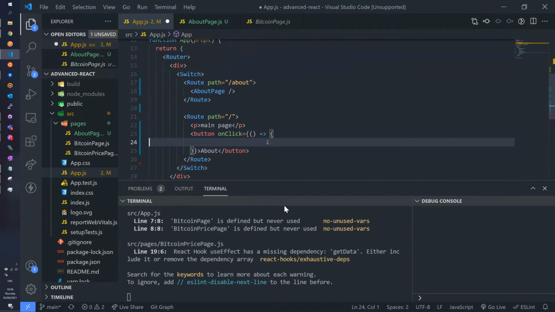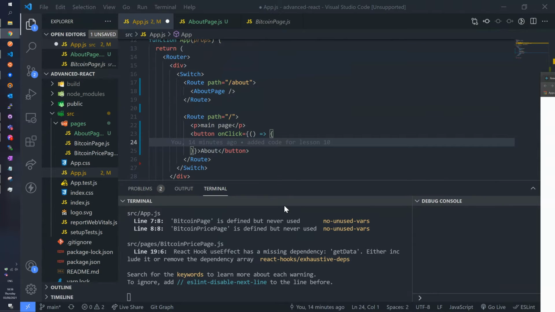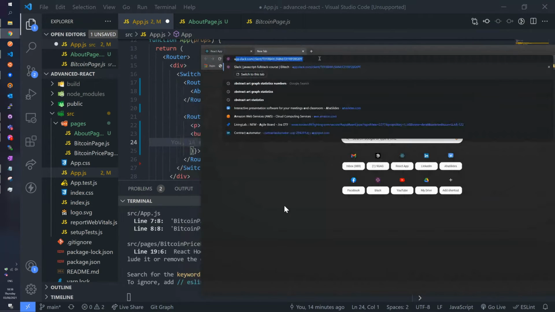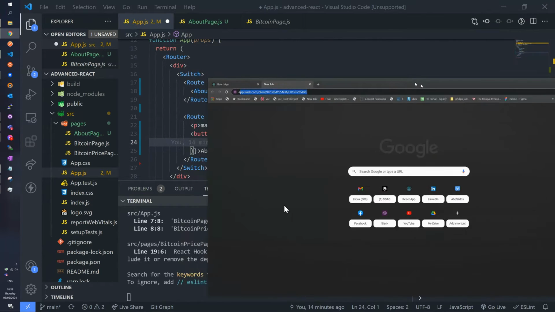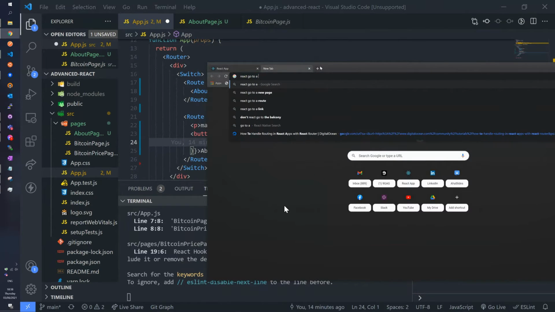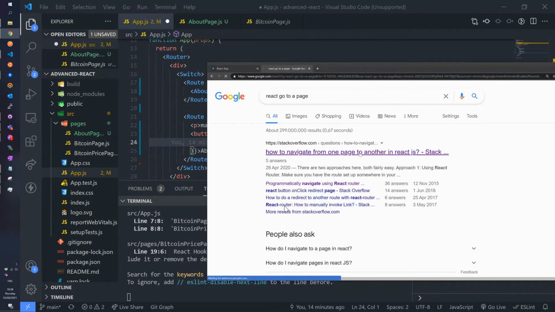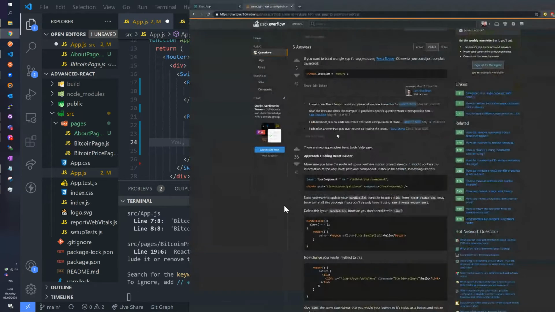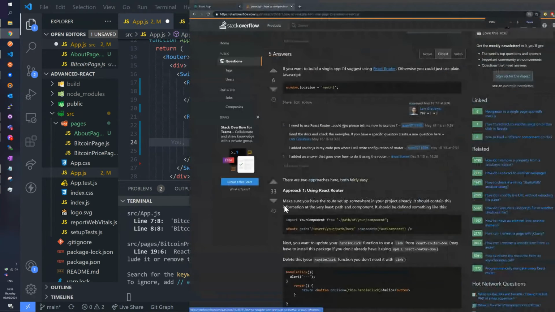There is an incredible number of ways in which you can go to a different page. I mean, this is the web. This is the main thing of the internet, right? To be able to browse between pages. Now, just for fun, I'm going to actually Google that: how to navigate from a page to another in React. We're going to see here that people give you so many options on how to do that.